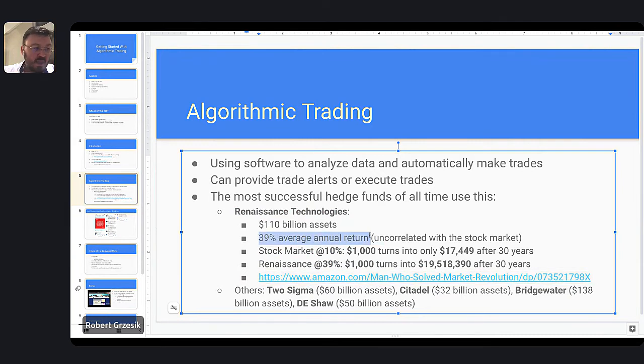Okay. And for those of you that were around during this crypto bubble and saw these ridiculous returns, that doesn't sound like a lot, but when you take into account the long-term history of the stock market and the long-term history of any assets for that matter, 39% is very, very high, and they're one of the best investors on the planet, right? They are very easily considered one of the best investors on the planet. So to give you an idea of what that means, right? 39% is on average, right?